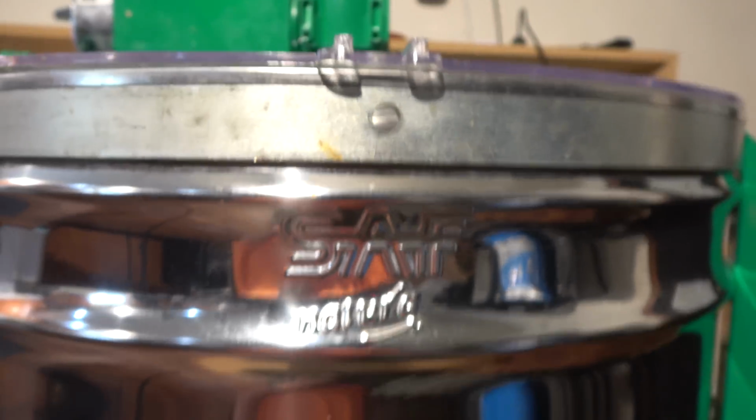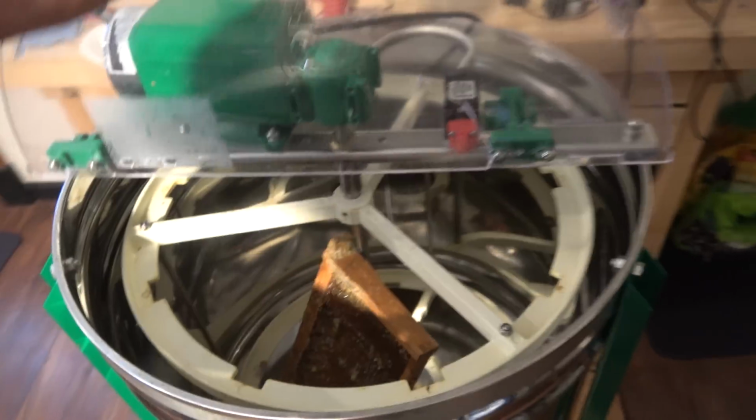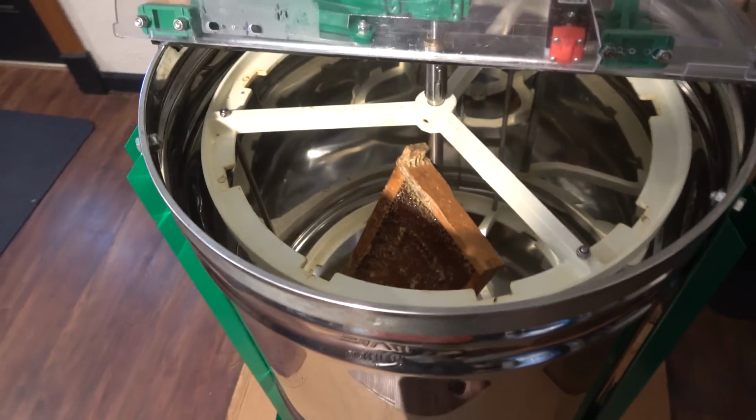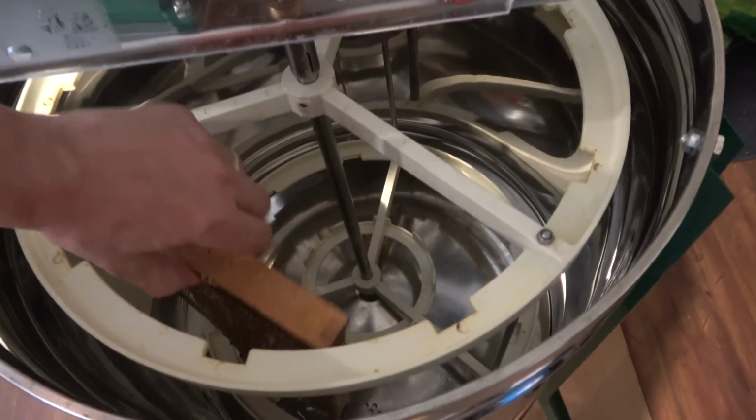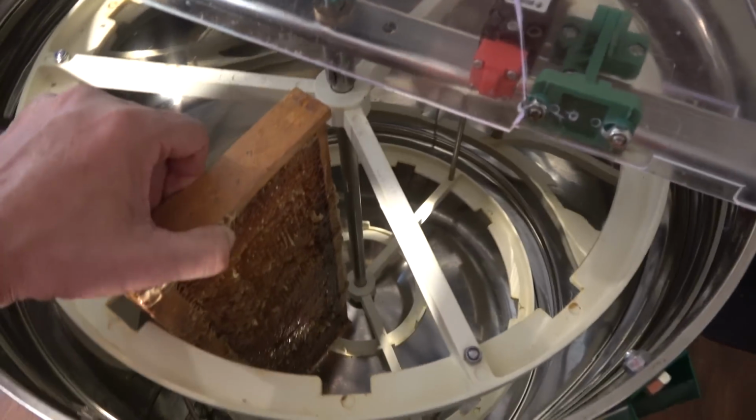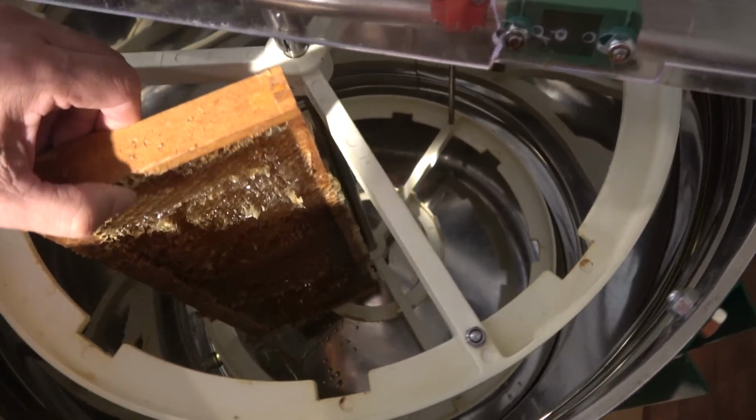So here's my extractor. Here's the brand name. Now I don't remember what it is, but I got this from Brushy Mountain, and Brushy Mountain's out of business, but I did see this on Blue Sky Bee Supply, and I'll try and put a link of that. So this is a 9-frame extractor,